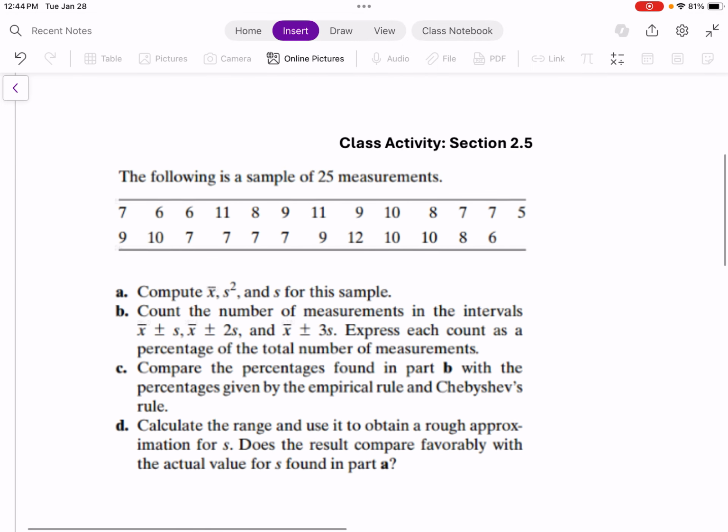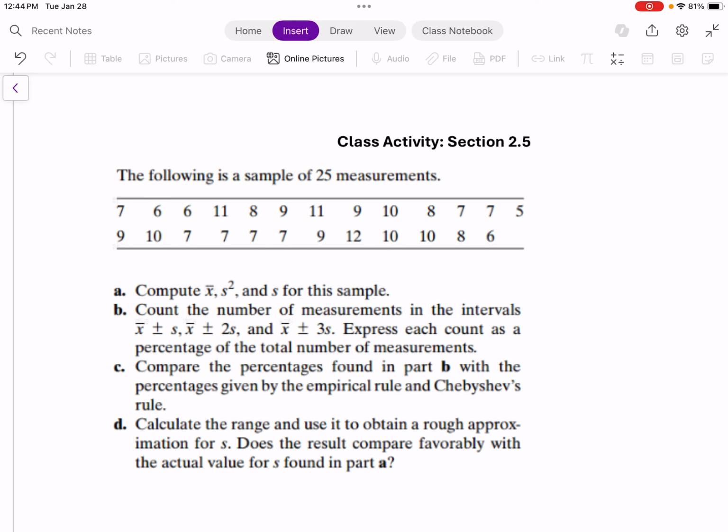So you have 25 data points here. Compute the mean, find s squared, which is the variance, and find the standard deviation. If you need help in finding the mean, variance, or standard deviation, please let me know. You will be asked to find the variance and the standard deviation, so you must learn how to find these values. The formula will be given to you, but you should know how to use it. Negative 114. So that's